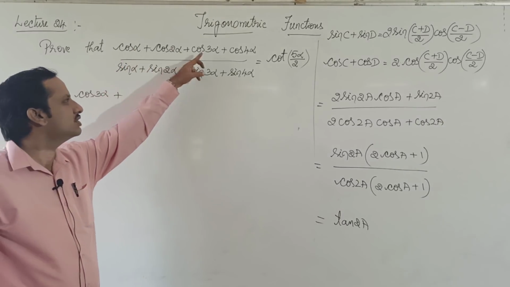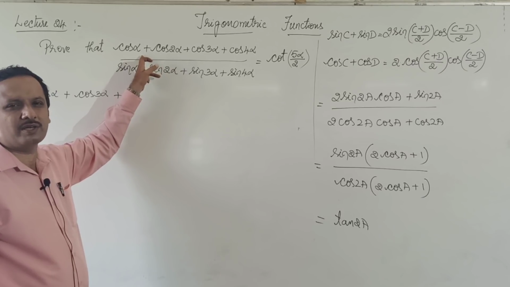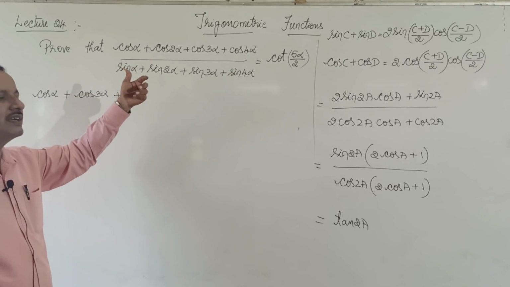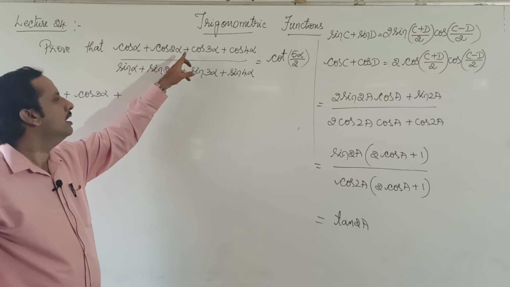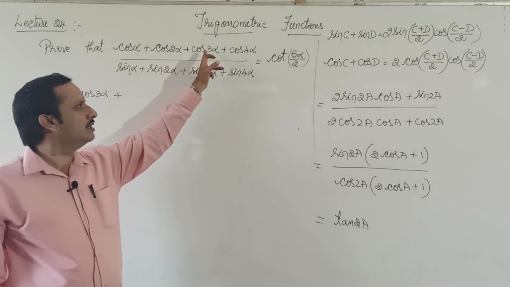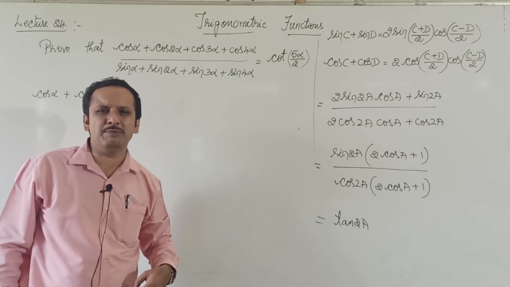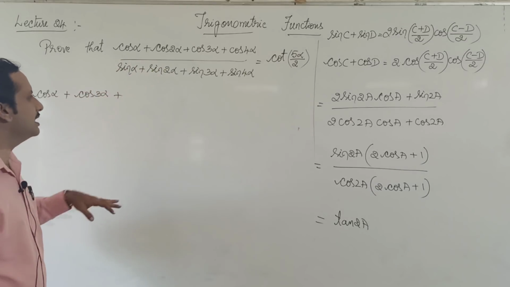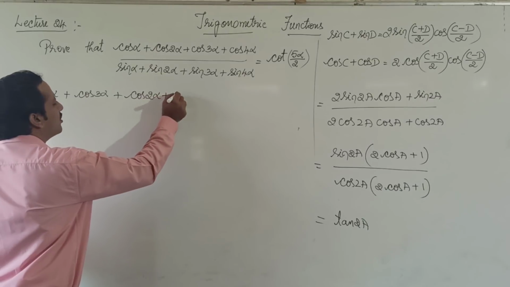So if I consider these two, then alpha plus 3 alpha by 2, that will be 4 alpha by 2 which is 2 alpha, then alpha minus 3 alpha by 2 is minus alpha. Simplification will be easy. If I consider this now, it will be 3 alpha by 2 and minus alpha by 2. But again here also 7 alpha by 2 and minus alpha by 2. Simplification will be a bit more tedious. So I will group cos alpha with the cos 3 alpha and cos 2 alpha with the cos 4 alpha.